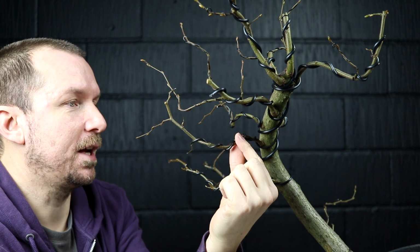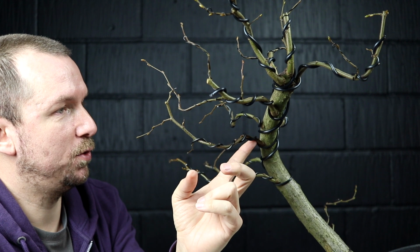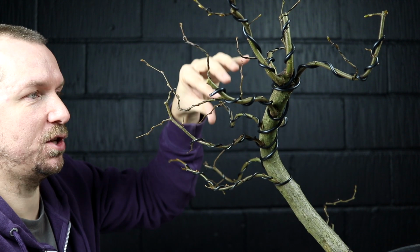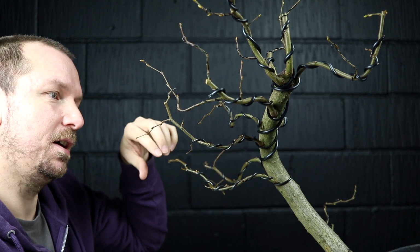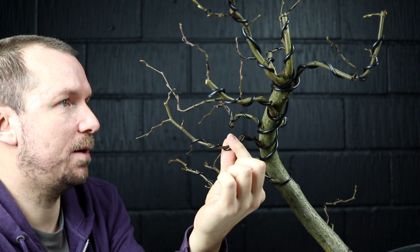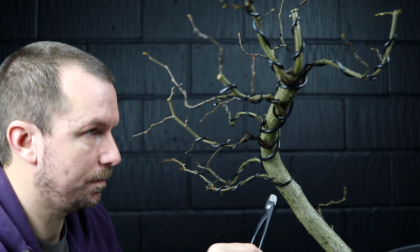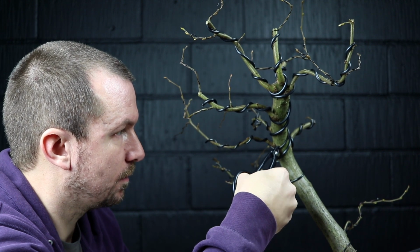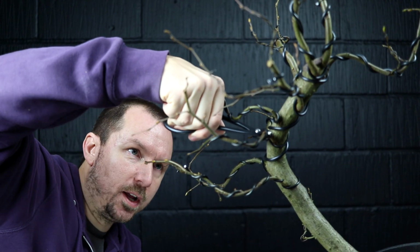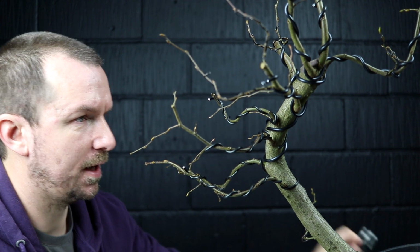This one, however, I think is primed to be removed. It would look too awkward bringing it around here, but it's jostling for position among these other branches. I just think it's going to make the design look more cluttered, so I think we'll start by getting rid of this one. Take that wire out of the picture so we can